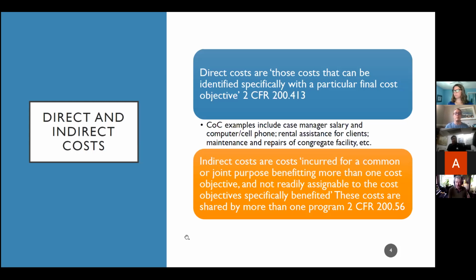Obviously, in a lot of your COC budgets, it's very clear. Case managers are clearly working on supportive services. Folks who are doing housing quality inspections are probably being billed under the rental assistance line. All those things are very clearly direct costs that work strictly on behalf of that one project